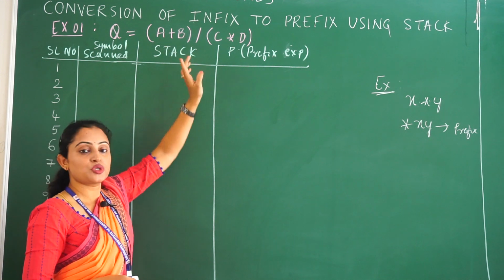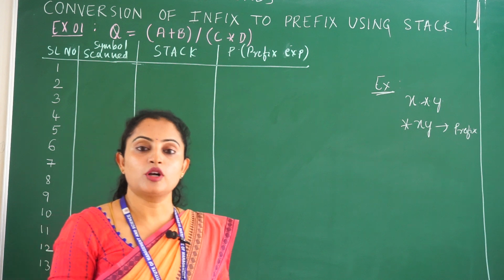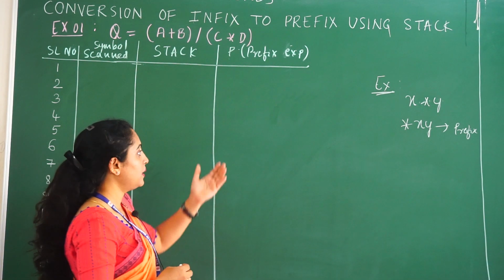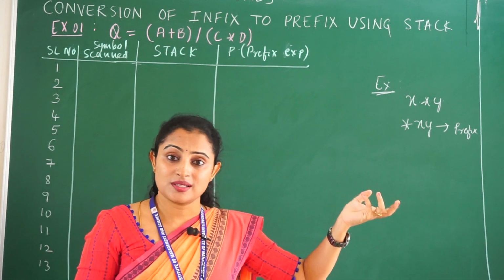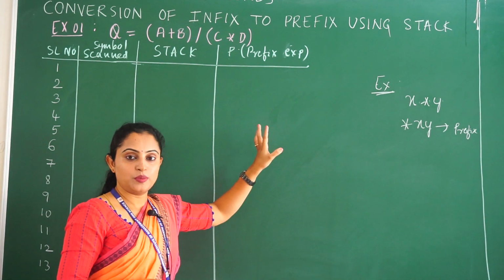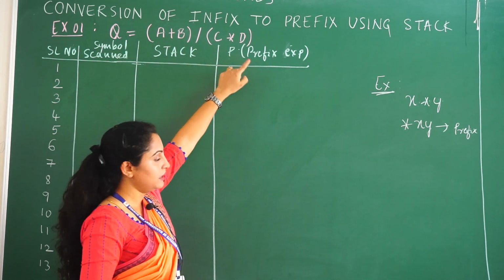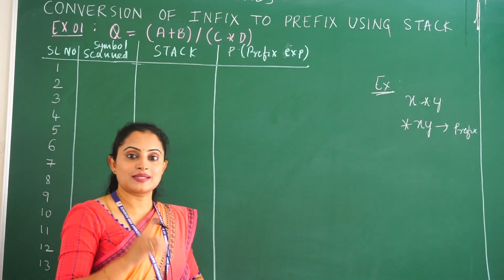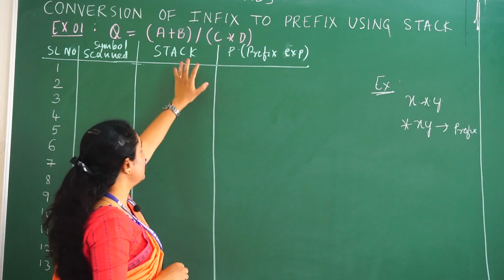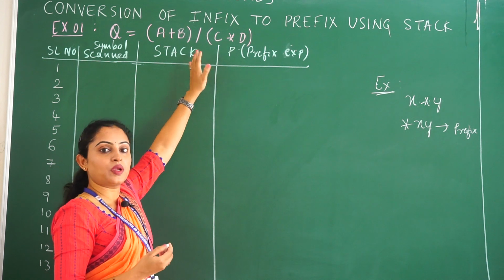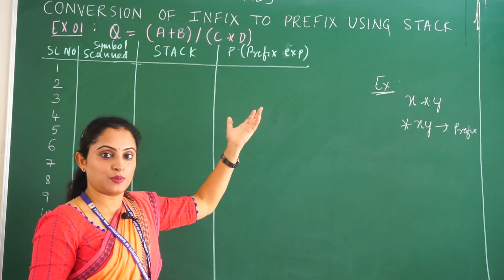This expression should be valid, and the operators we are using should be valid, either plus, minus, division, multiplication, or dollar symbols or arrow symbols. And the operands we are using here, a, b, c, d in the expression, should be single characters, either from a to z or 0 to 9. The given expression might be parenthesized or not parenthesized.